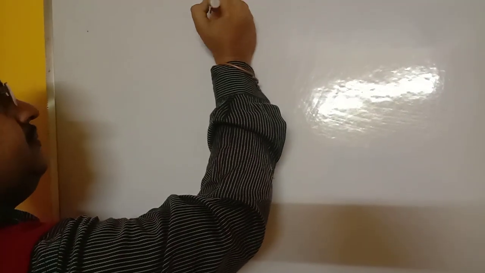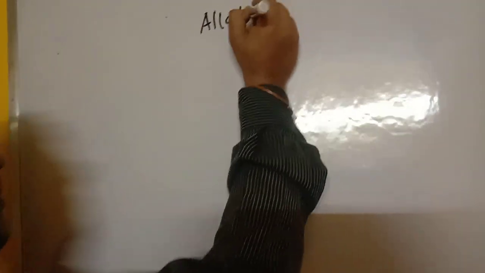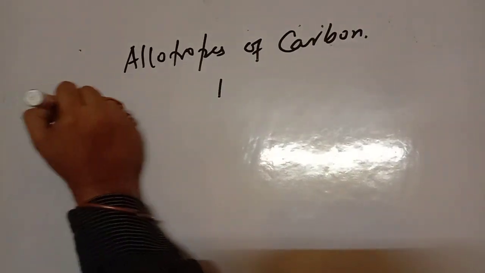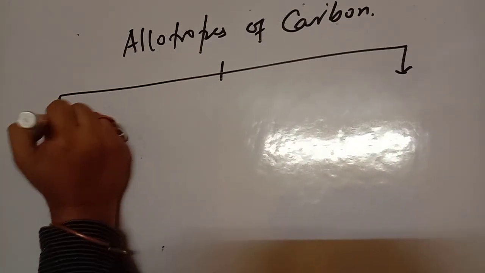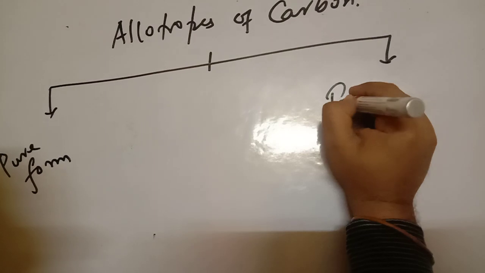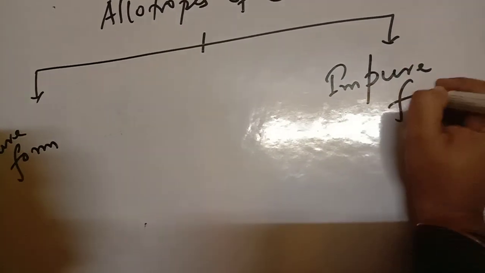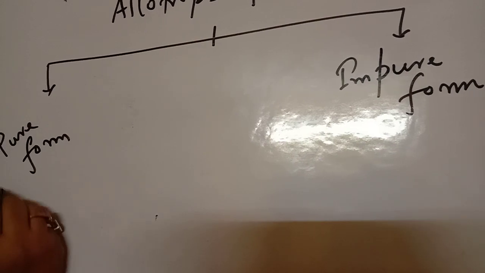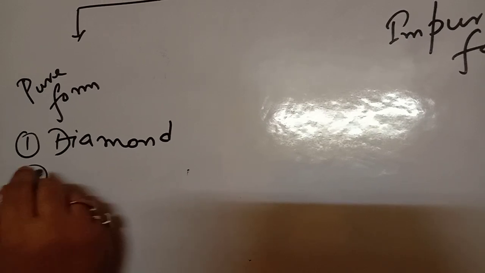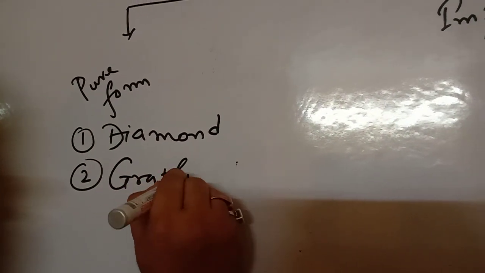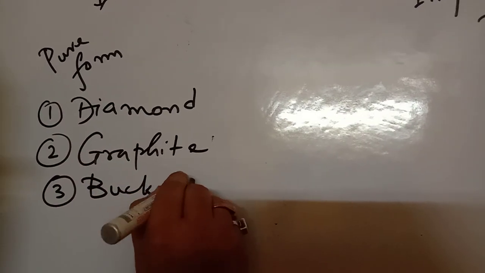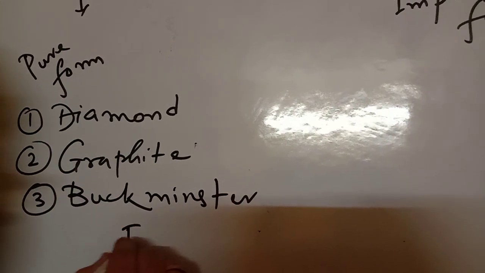If you come to allotropes of carbon, they exist in two forms. First is the pure form, other is the impure form. In pure form you get diamond, you get graphite and you get Buckminster fullerene,